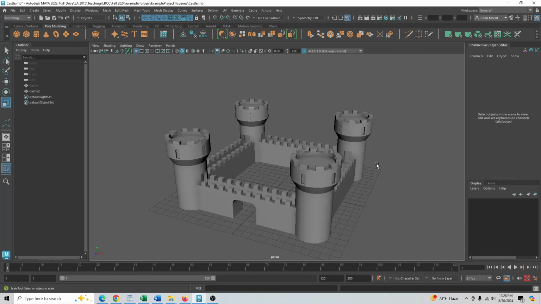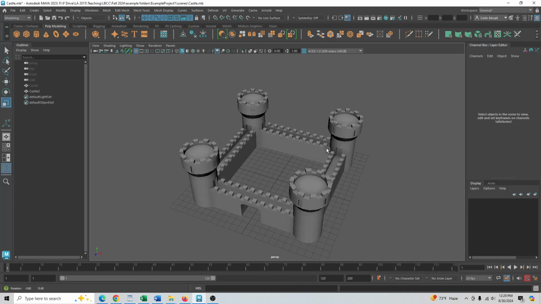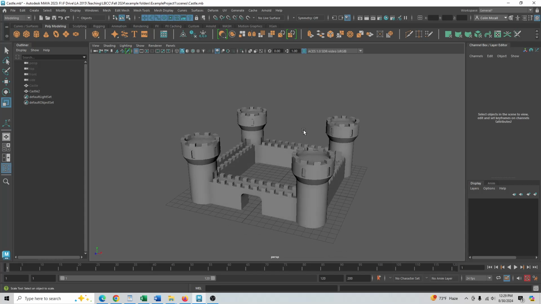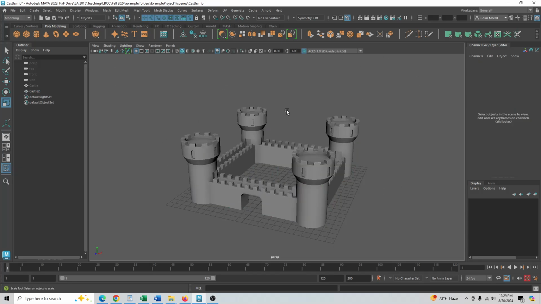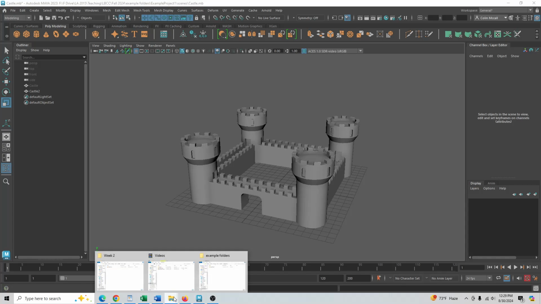So now I just want to go over something you need to handle before you start any Maya project, which is your project folder. Now this thing right here, an object, is inside this scene. This full Maya file that I create with all the things in it is a scene. It'll be something .mb. If I actually go and look at the folder it's in,